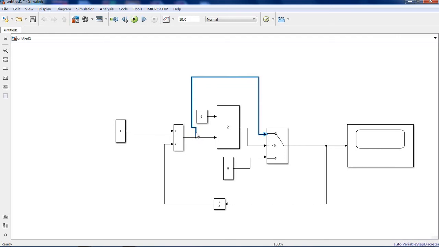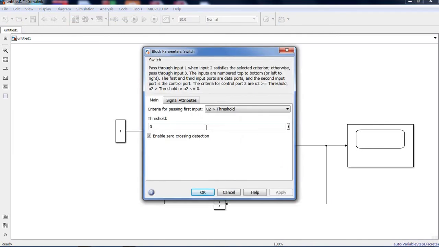This is the limit counter logic. You are limiting it: once it reaches the maximum value, it will reset again to 0. Then here we have to put when it is not equal to 0.